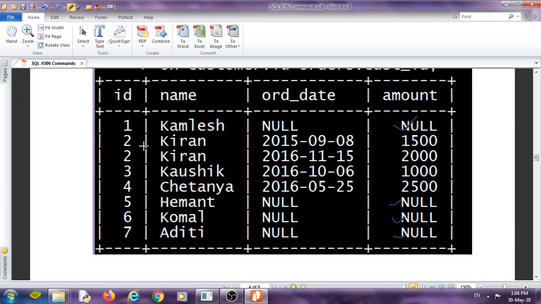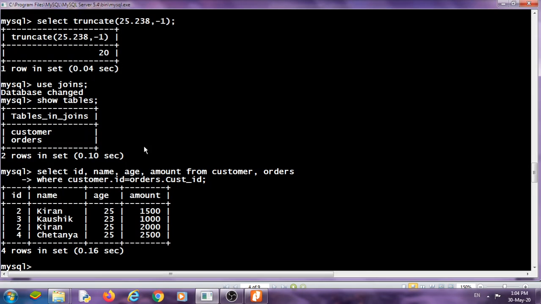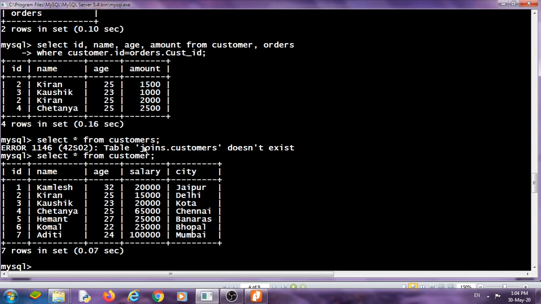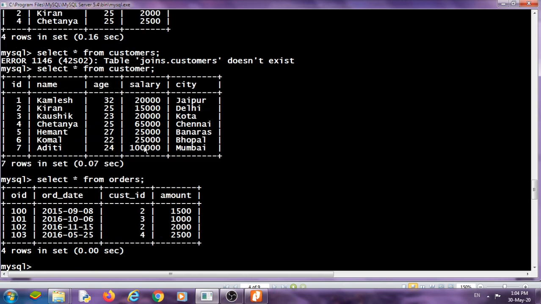Now look at the example: select star from customer and select star from orders.